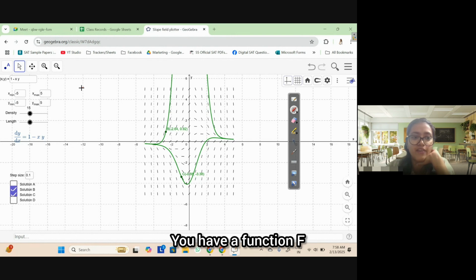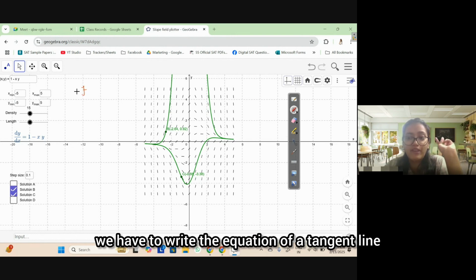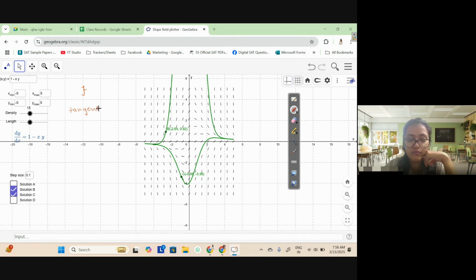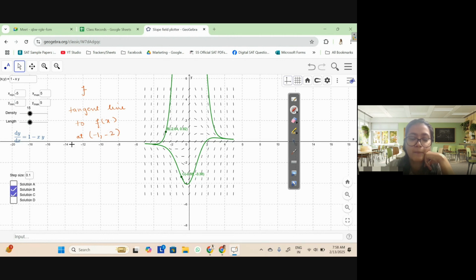You have a function f, which is the solution of this differential equation. We have to write the equation of a tangent line to f of x at the point -1 comma -2,